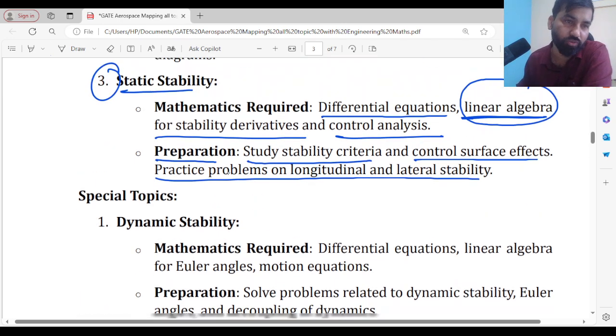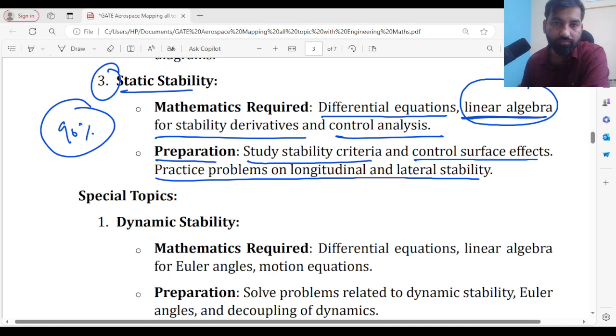And what are the special topics? From the core topic, you can expect 90% of the questions. And let me tell you guys, if you're good at maths, suppose you forgot some formula, you can derive it quickly, apply it and get the answer. If you're not good at maths, and I'm not talking about being able to solve some problem, no. You should know the physical importance and the geometrical meaning of that topic. You should be able to relate that topic with your physical problems and physical systems, right?